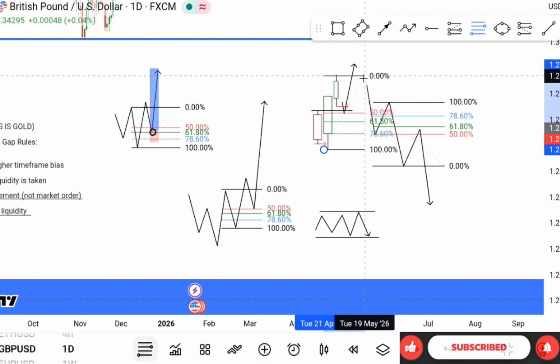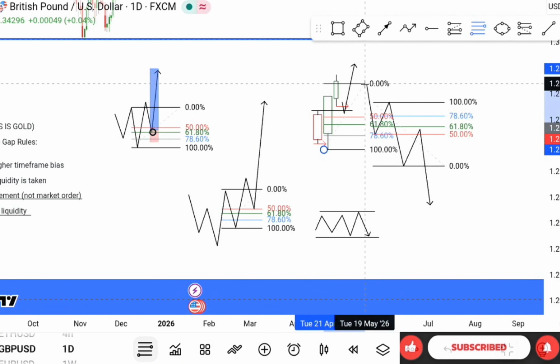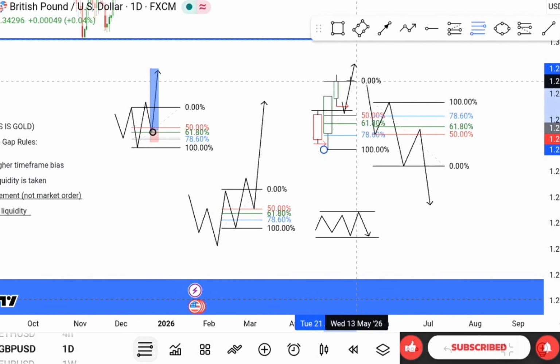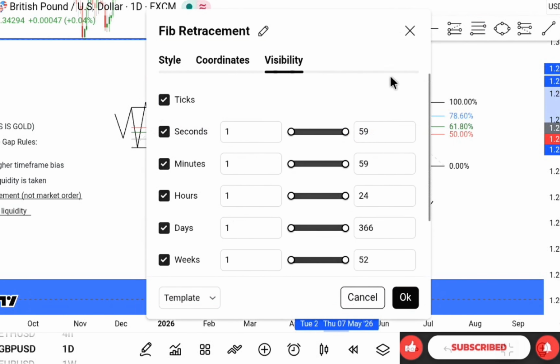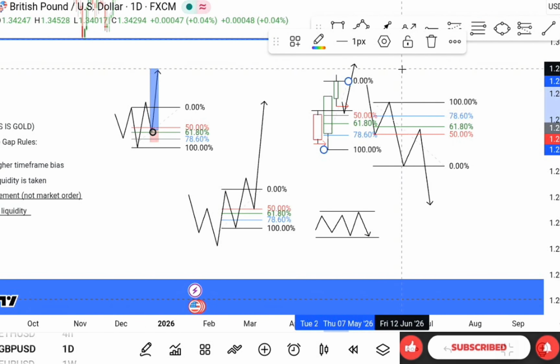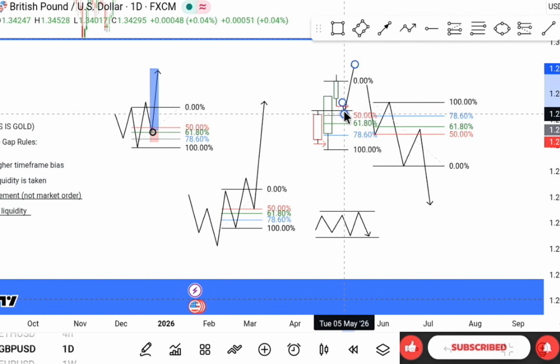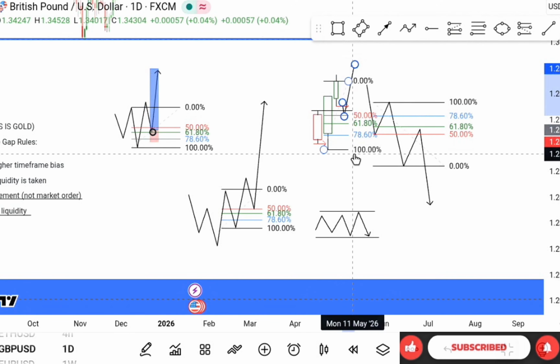So now I'll give you a little bit of knowledge about this. Whenever you are entering any fair value gap, always bring out your Fibonacci and mark from the beginning of the fair value candle. This is my own methodology that I'm giving you out here for free. Always measure the move from the beginning of the fair value candle right to the end of where the fair value